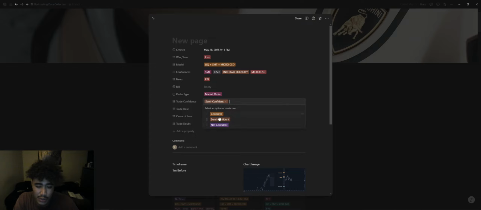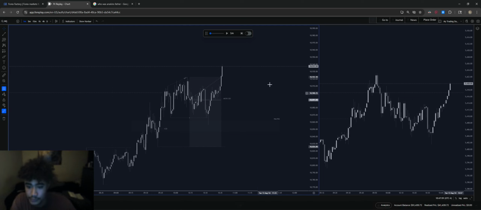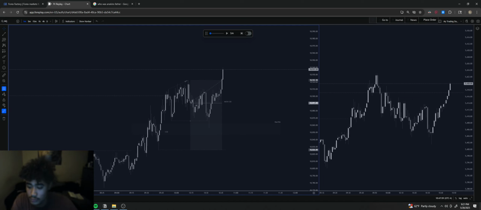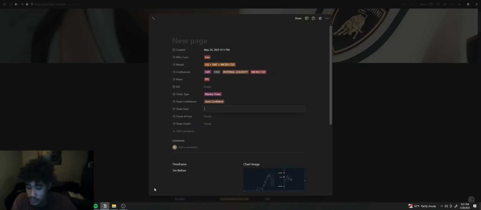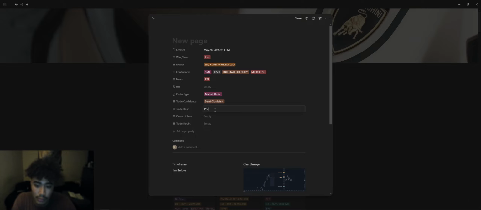However, price action was a little choppy. We could put non-confident as well, but we'll just keep semi-confident. Then I put the trade description. So what happened with price action? Let's take a look again. Where is it? Oh my gosh, I lost it. So price action